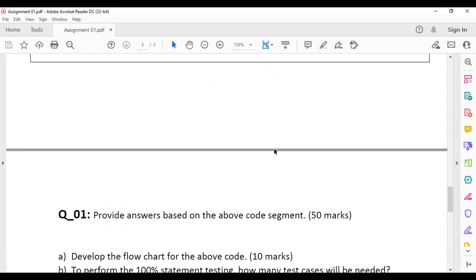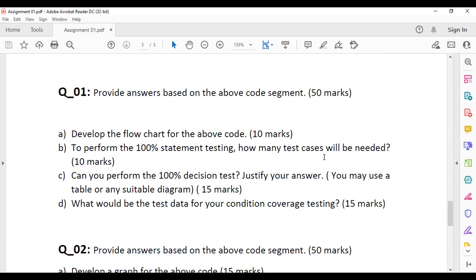So in that case, the first thing is you have to develop a flow chart for the given code, right? Once you have developed this particular flow chart, you have to refer to the 6 slide sets, and you can do statement testing, decision testing, condition testing, etc.